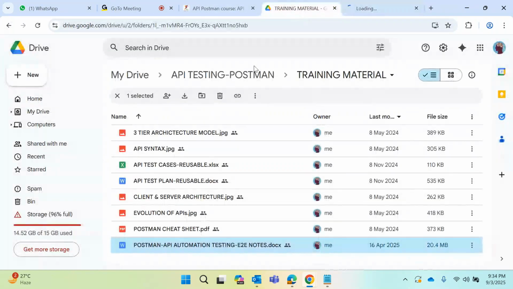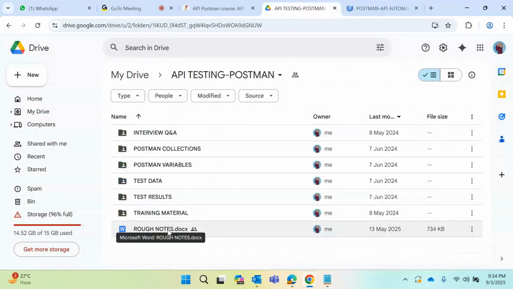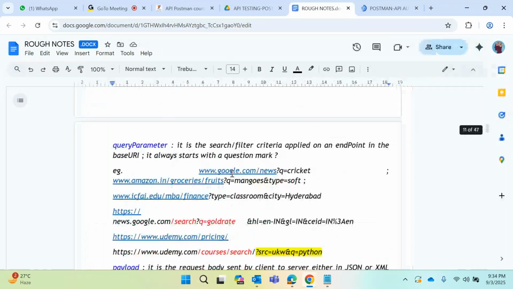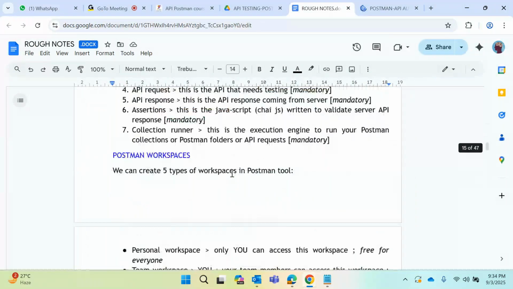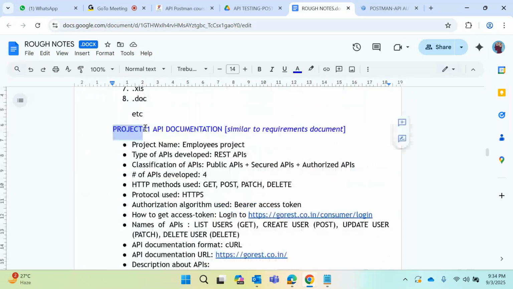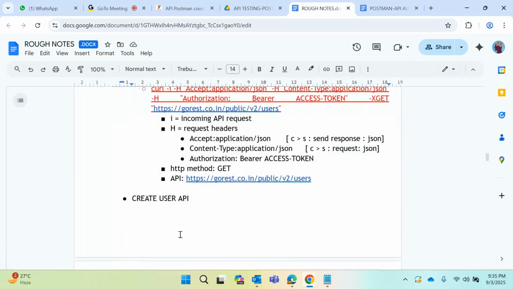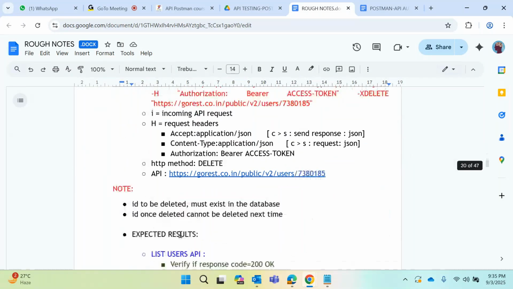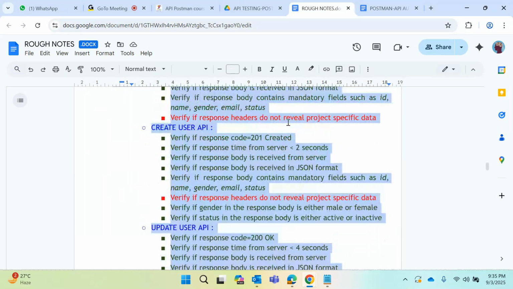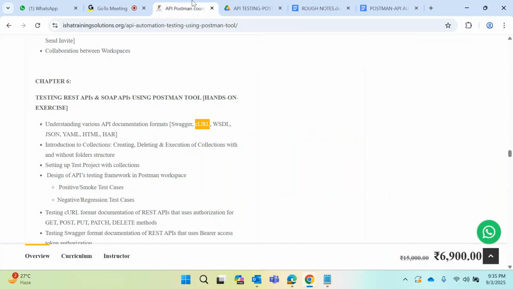So these are the notes I have prepared. There are also rough notes that I generally prepare and give you access to. Let me quickly show how the documentation looks when I write it. Yeah. So this is the first project that I'm going to explain, project 1. This is how the documentation looks, which means this is what you expect from your developer. He gives all this information to you in some document. I'm not going to just show this document to you. I'm going to write it out for you so that you understand the documentation part. Then I will tell you how to understand it. What is the